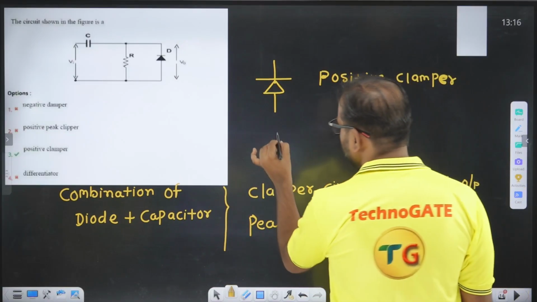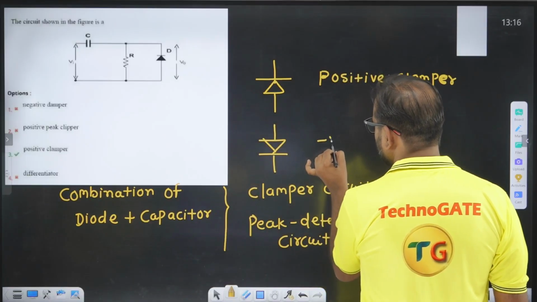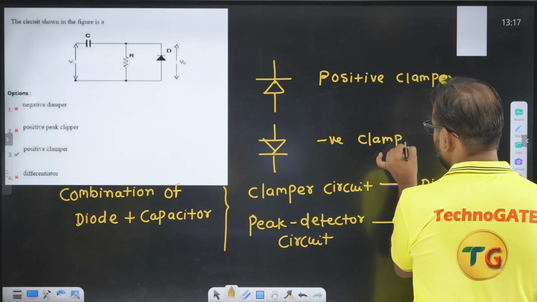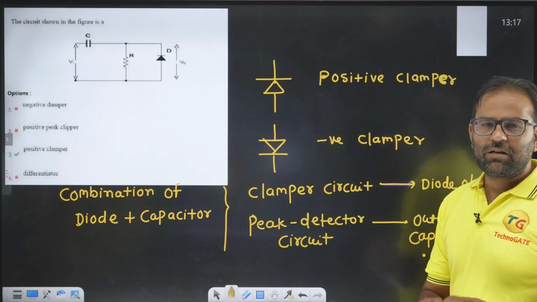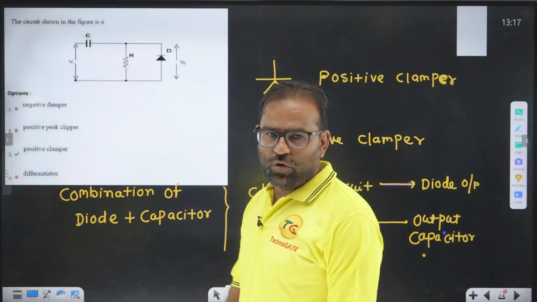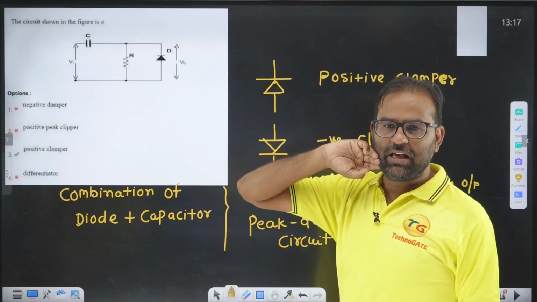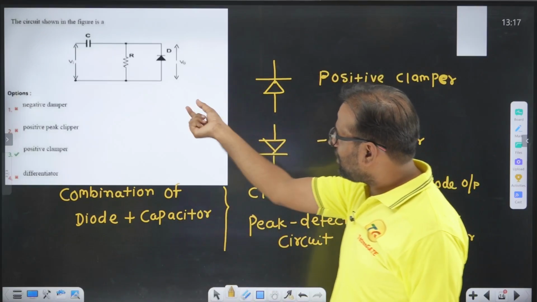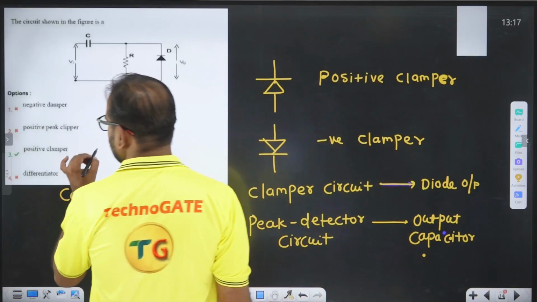And when you have the diode in downward direction, you can call this a negative clamper. Correct? So if you take output across a diode, and a capacitor and diode combination is there, then we can say this is a clamper circuit. And what is the direction of this diode? The direction of the arrow is upward, so you can call this circuit a